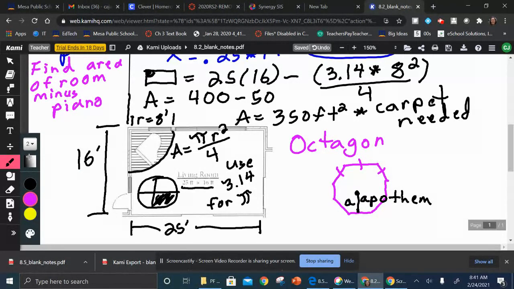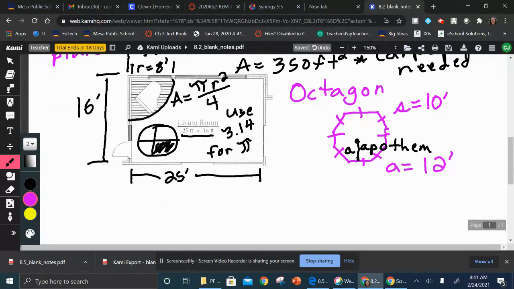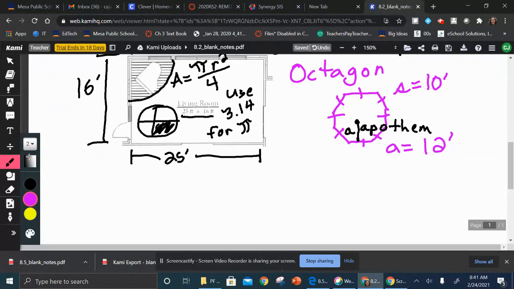It's a regular polygon, meaning all the sides are congruent, and all the angles. So the side length is 10 feet, and the apothem is 12 feet. So let's say, everybody, we have a gazebo in the backyard, and we want to put in